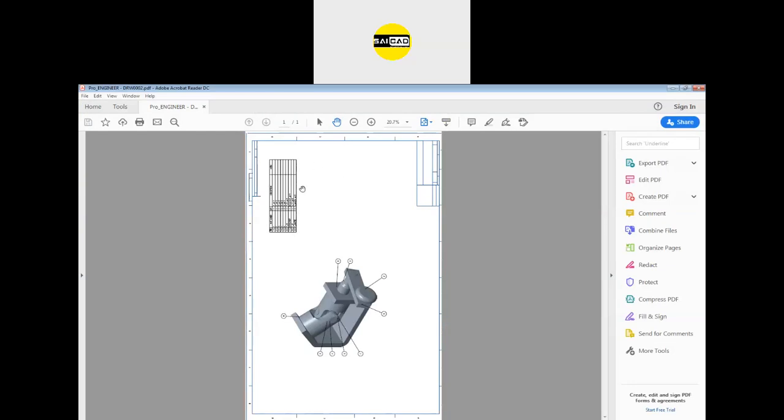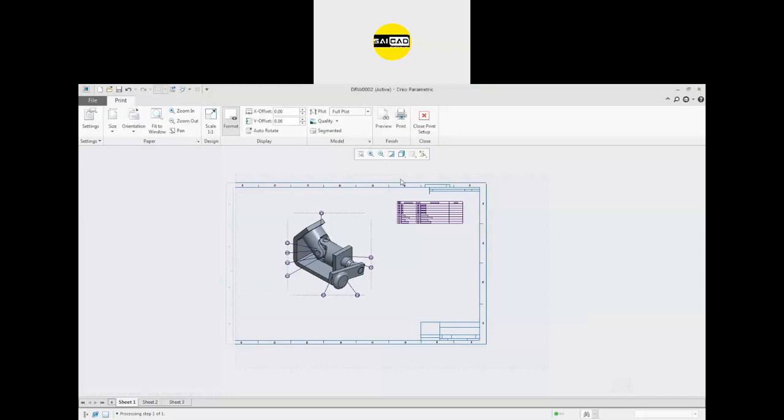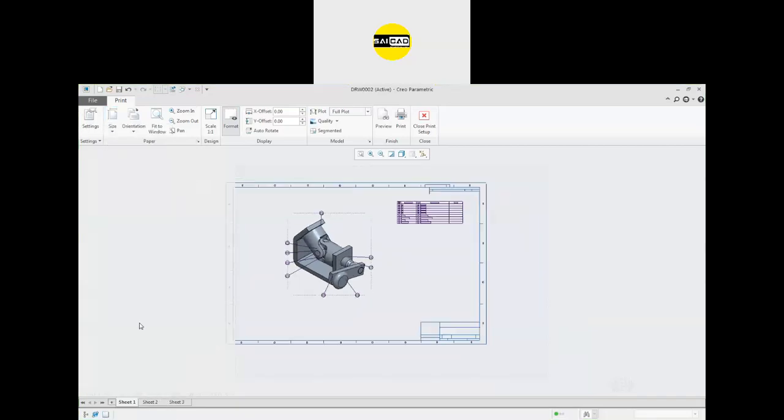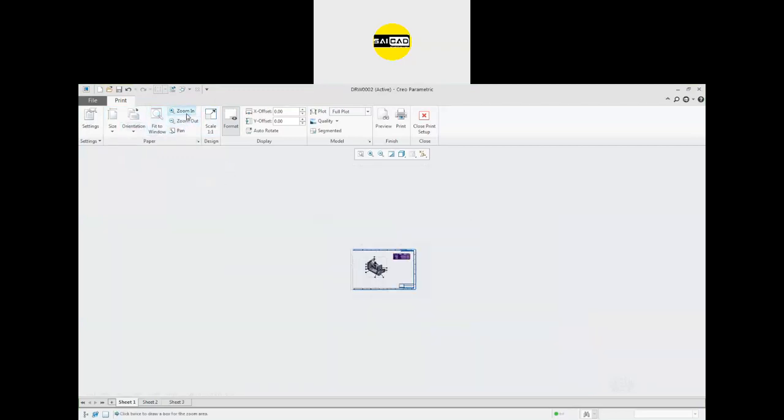You have to select the landscape or portrait for that to import properly. So first, we have the size here. Which size you need? You know that this is the B that we have selected earlier. You can go here and select that. This will be A3. Orientation needs to be landscape. Fit to window means everything will be fitted inside the window. You select zoom in, zoom out option like that. If you want to zoom in, you can do that.